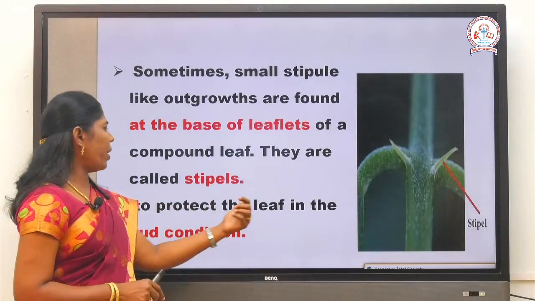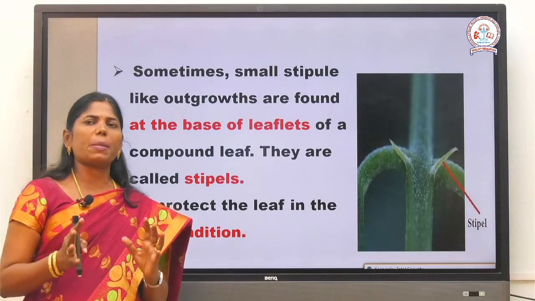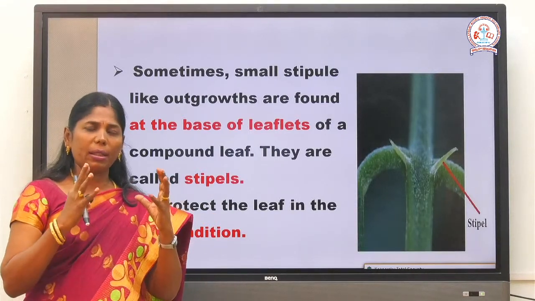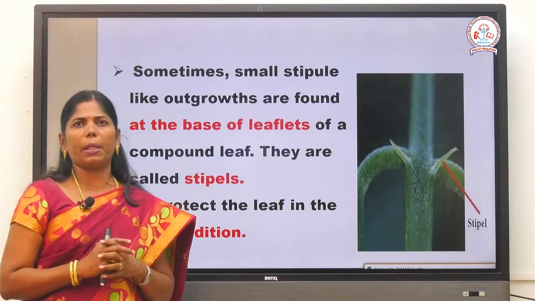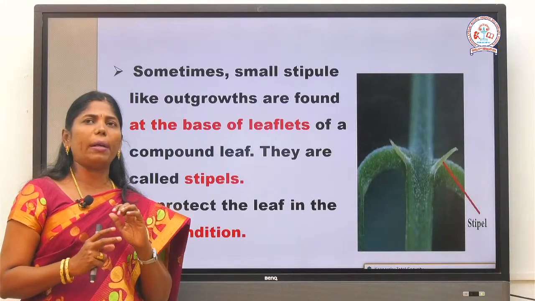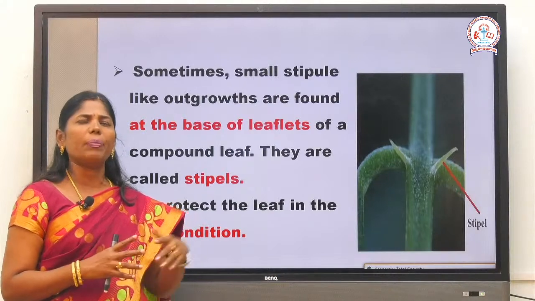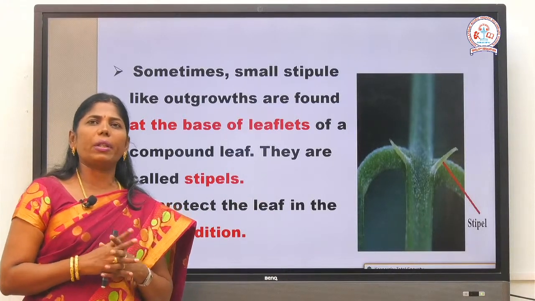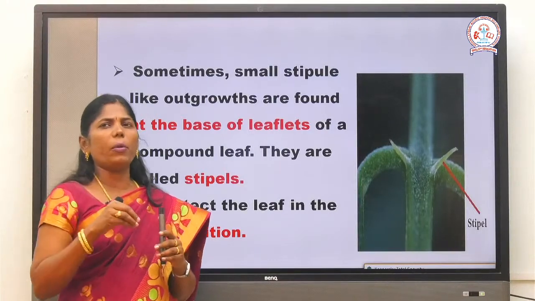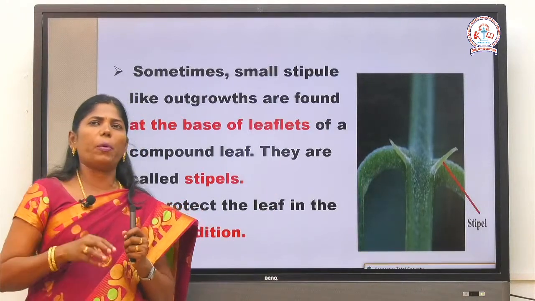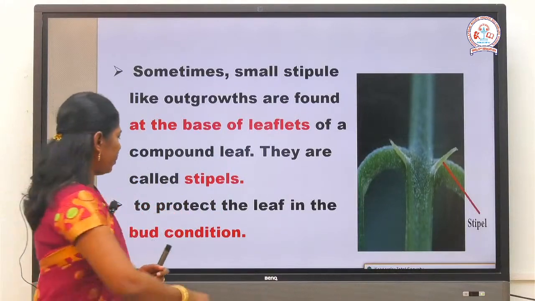Okay, so what is the function of the stipels? That is to protect the leaf in the bud condition. Both of them protect the young organs in the bud condition. Okay, அது எங்க இருக்கும்போது அது வந்து protect பண்ணுது. So இதான் வந்து stipule. அப்ப stipule எங்க இருக்கும், stipulate எங்க இருக்கும்னு பார்த்தனா, especially the stipulate are present in the dicot plantsல வந்து இருந்தது either side of the node, but stipels are present in some of the compound leaf. அது வந்து single leaf, இது வந்து compound leaf. Compound leaf ஓட baseல இருக்கு, அது single leaf ஓட baseல இருக்கு.